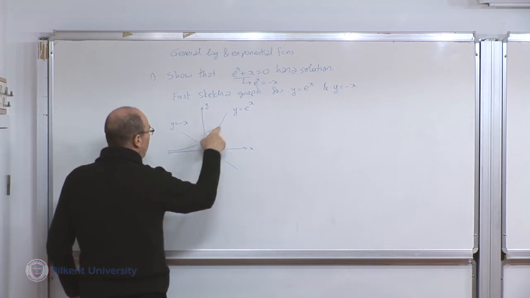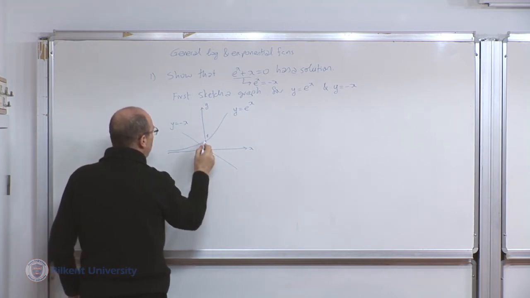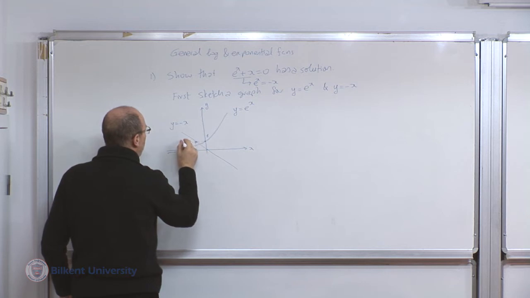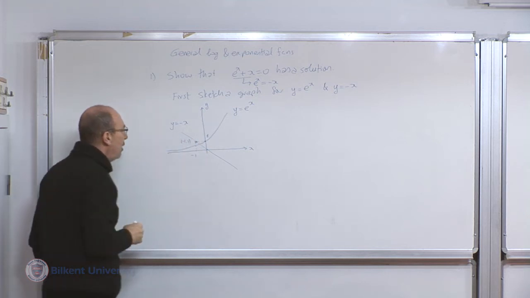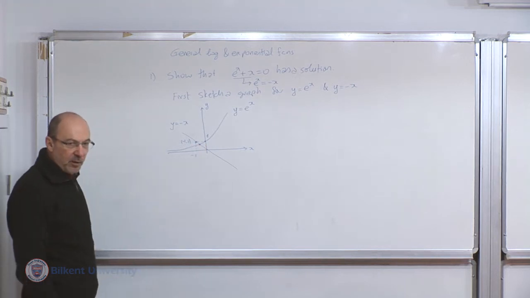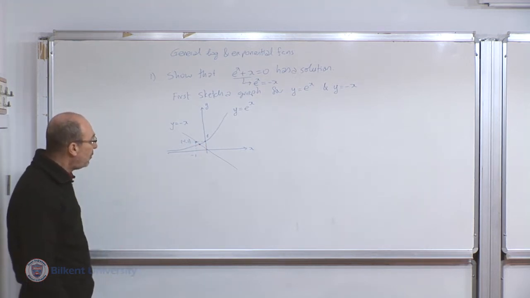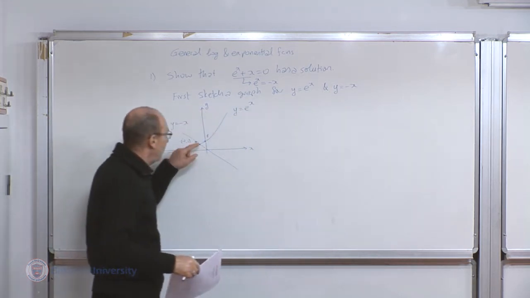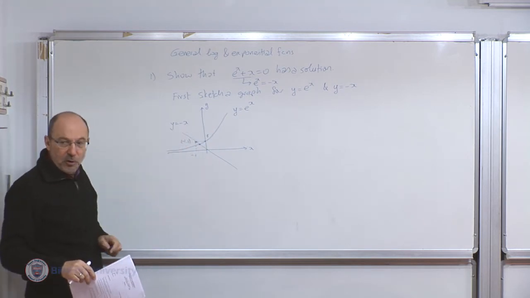Okay, so you see this graph is below y equals 1. So if we consider this box, this is minus 1, and this point here is minus 1, 1. There has to be a solution in between. Okay? So this is the information you receive from the graph, but by experience